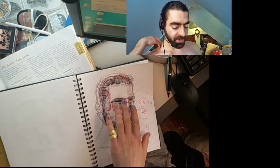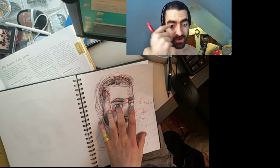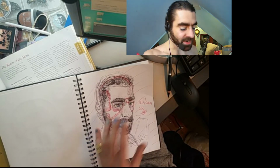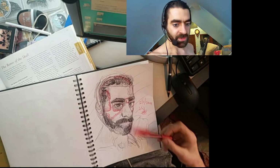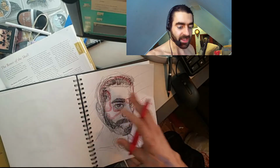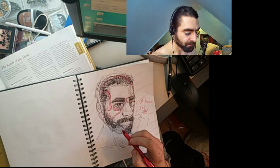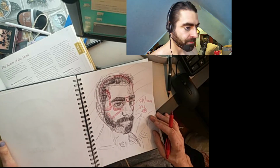Oh, I did put in a little bit of the, it's hard to see, but I did eyelashes, but I'm trying to say eyelids. The nose is kind of getting more definition. I'm starting to get the hang of the placement of the hair. And I definitely think if I go back and draw